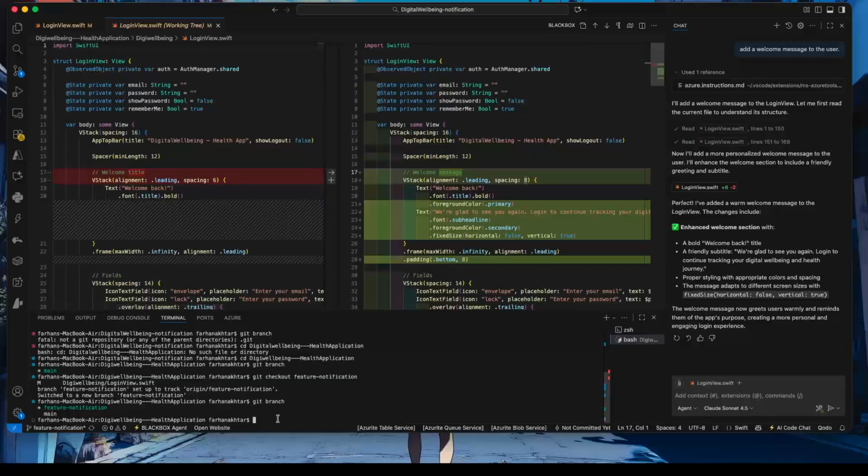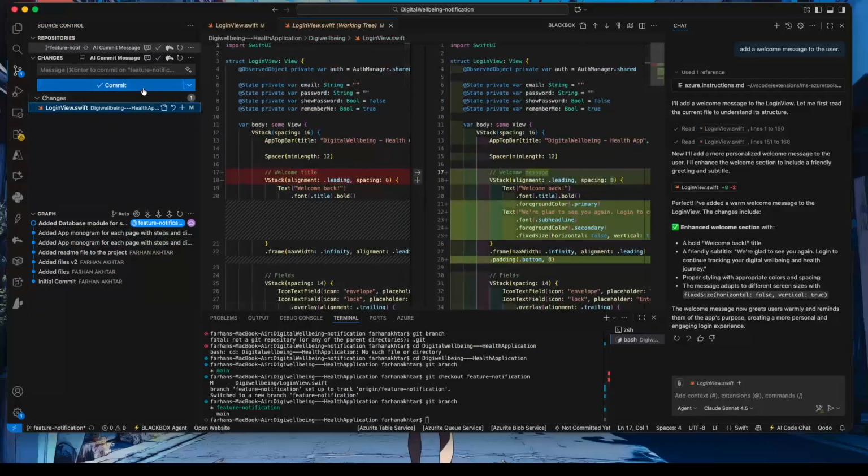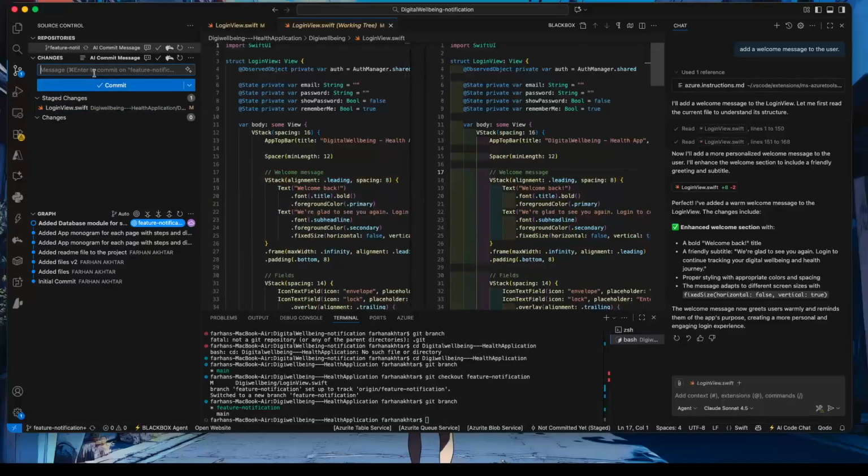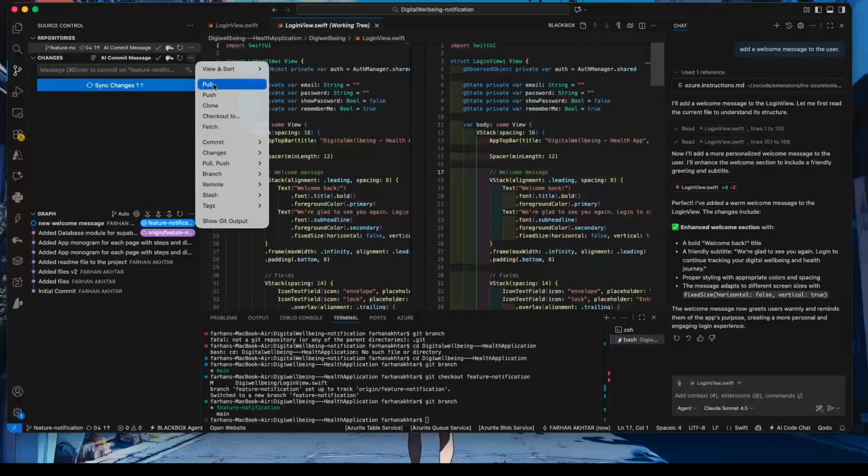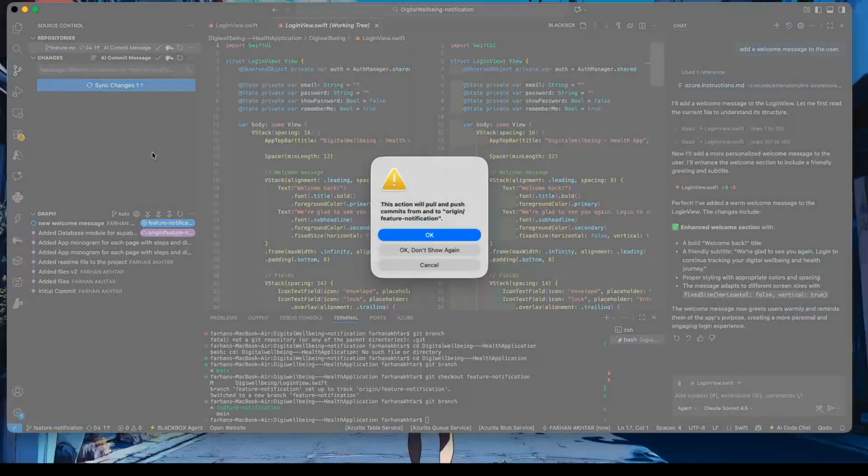So we can use the git command for pushing, but first we have to commit those changes, and we can also use the UI part here. So I'll just use the UI part. So I'll stage the changes. I'll provide a commit message, new welcome message, and then I'll commit it, and then I'll click on sync changes, or what I can do is I can go on push here. I'll just click on sync changes